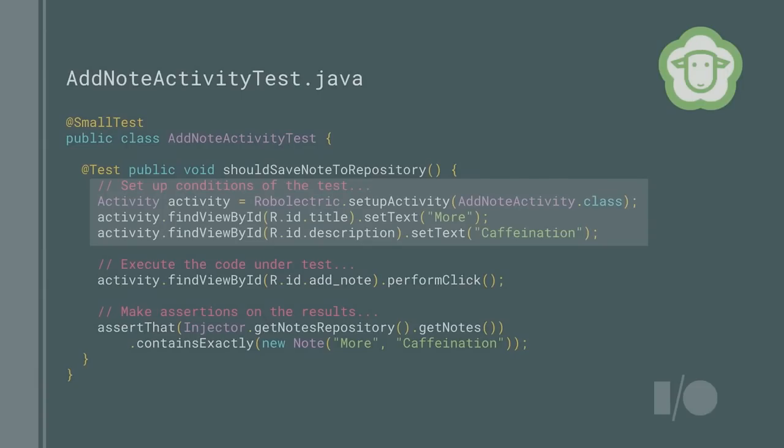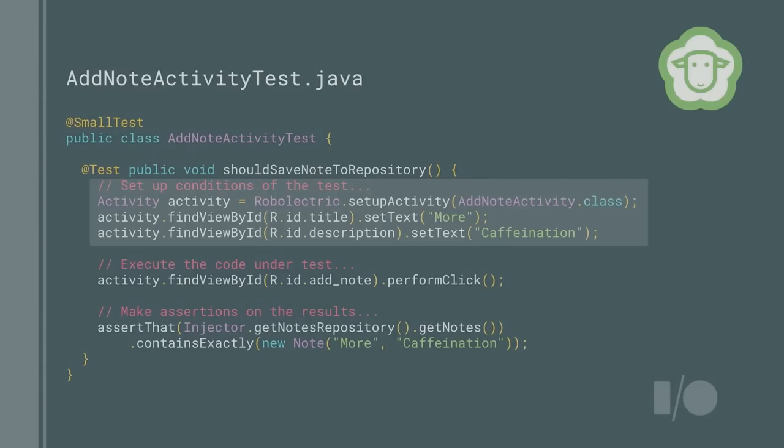We're not forced to think about the implementation details as we're writing the test, which is quite nice. Robolectric is going to set up your application according to your manifest. And here we're asking it to set up our activity. It runs it through the appropriate life cycle to get it into the right state, inflates views, all that stuff that we expect from on the device. So we can just interact with it as if we were on the device. So we add some text to some fields, click on it, and assert that it adds the note to the